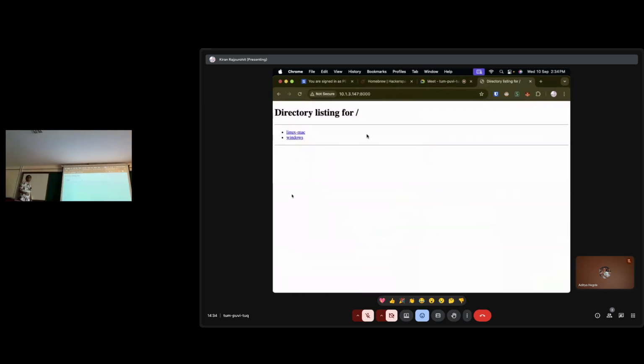Right, so just connect to PES Wi-Fi, don't go to the portal and everything, and just click on these. This is a text file, and just copy paste the command from the text file. Connect to PES Wi-Fi, go to 10.1.3.147, colon 8000. But you need to be connected to PES Wi-Fi. 10.1.3.147, colon 8000.